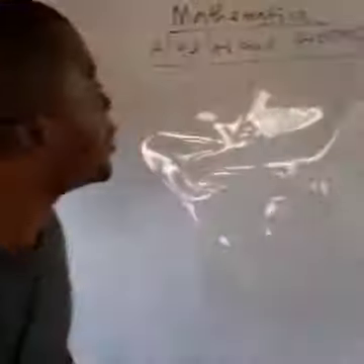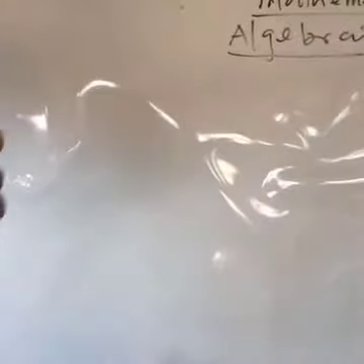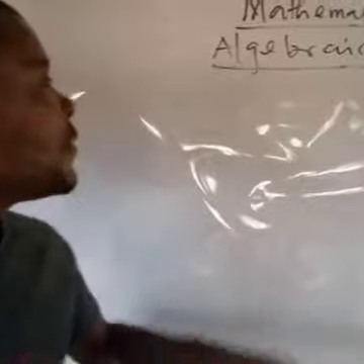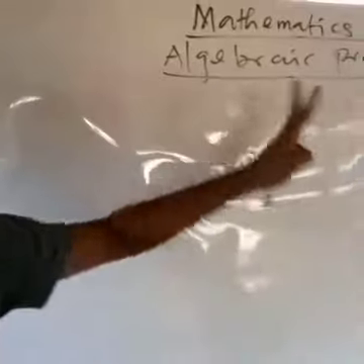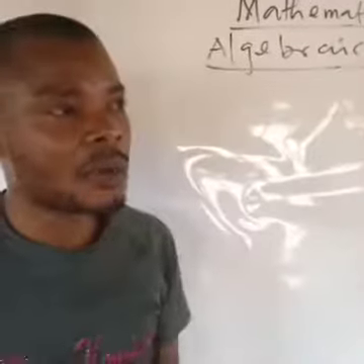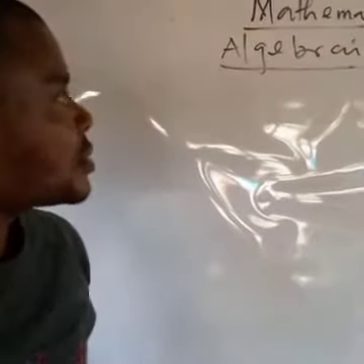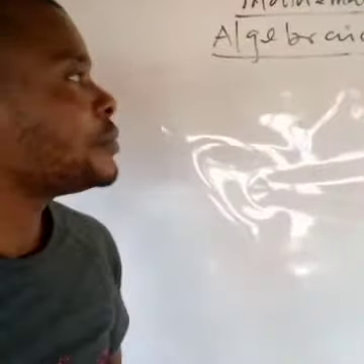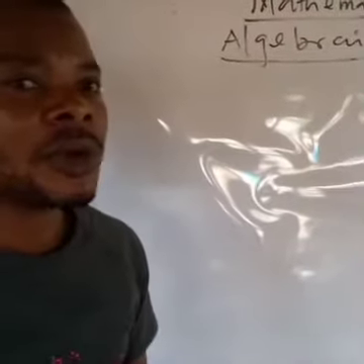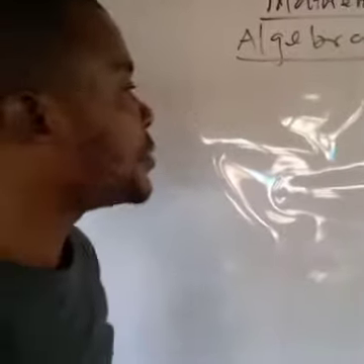When you are talking about algebraic processes, first of all, what is the meaning of algebra? Algebra is a combination of alphabet and number. That is algebra. Number and alphabet combined together. Then under this topic we shall talk about